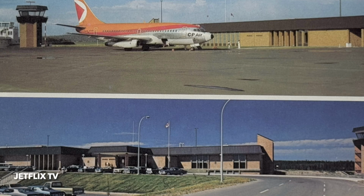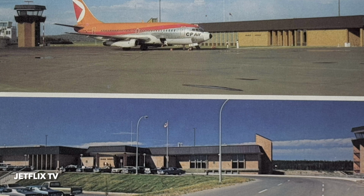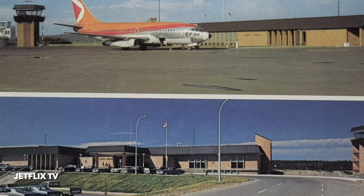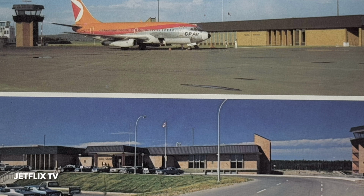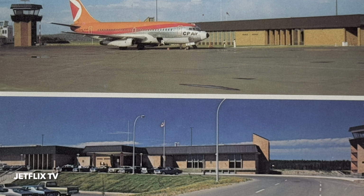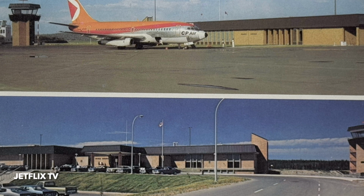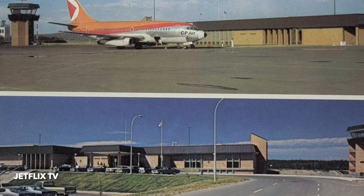Here's a fairly obscure destination. This is Prince George, British Columbia. It's the crossroads of highways 97 and 16 in north central BC, and it's actually the most central city in British Columbia. Here we have a CPR 737-200 operating